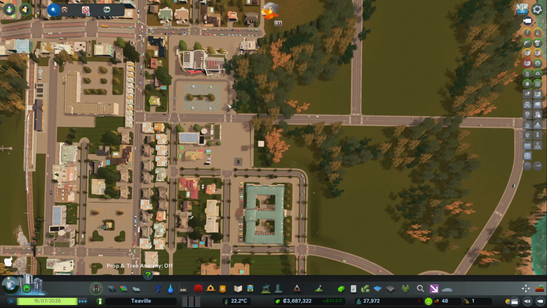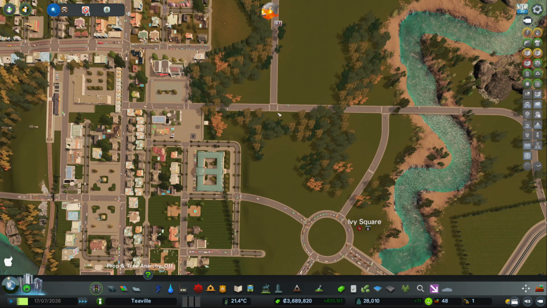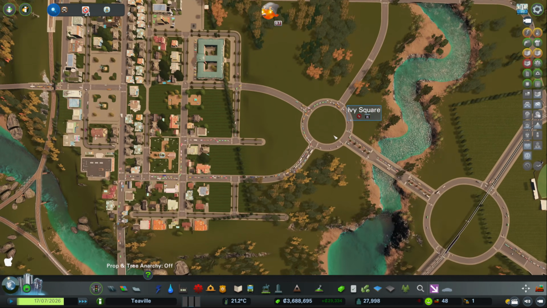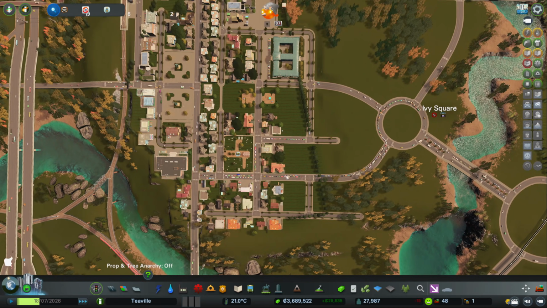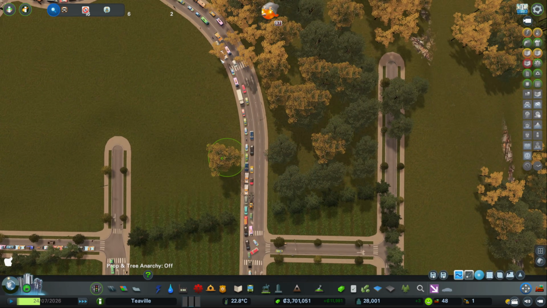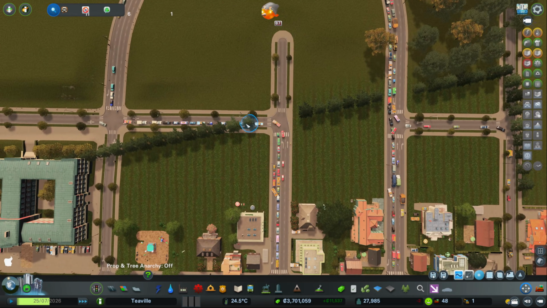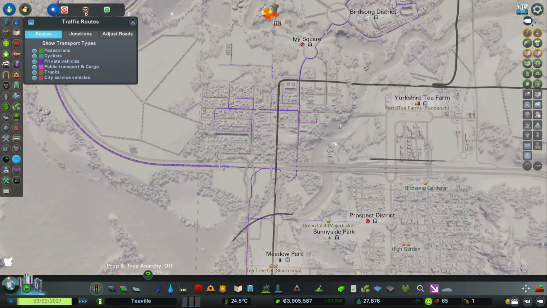I'm just wondering whether we could just give them another option. Like, we've got this road that goes round there, which they can use. Yeah, it's just made this one here super busy, isn't it? Probably the trees in the middle of the road don't help, so I'll move some of those out of the way. Okay, the traffic is getting better in this area, but using the traffic tool, the routes tool, you can